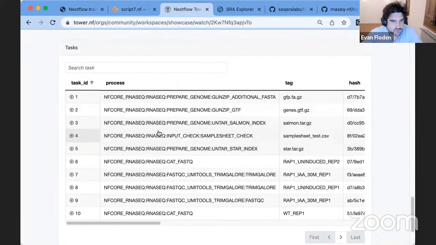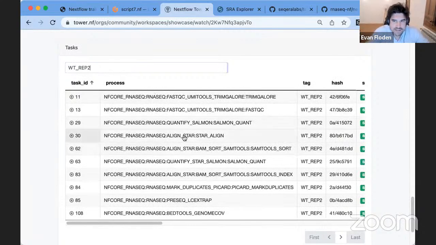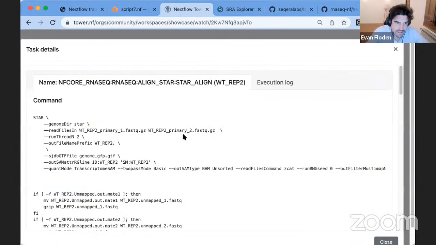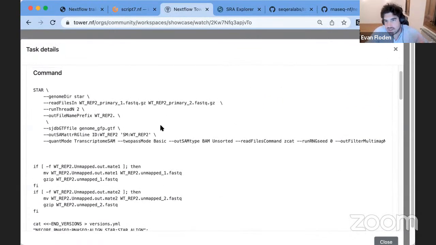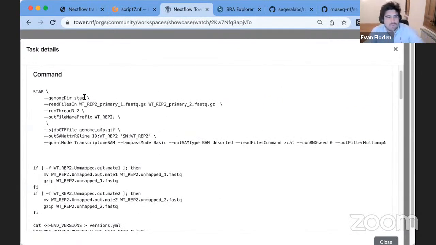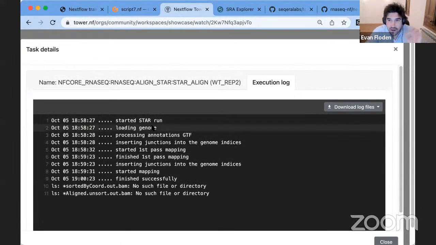What we're able to do is, for example, jump into the task table and say, show me wild type replicate 2 sample, and I want to find out what happens when we run star align. I can jump into that task. So as well as the information that we get from the script section, which is essentially the script section of the Nextflow pipeline evaluated here, we can jump into the execution log, and we can see the actual log for